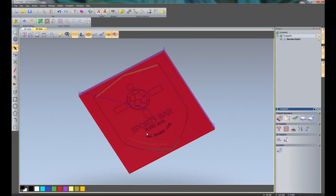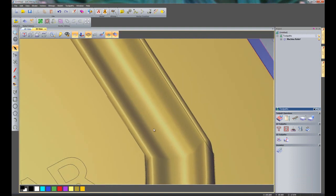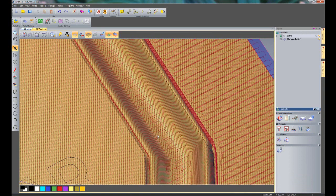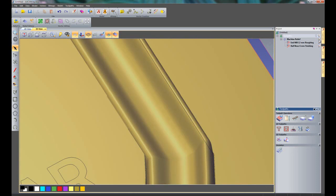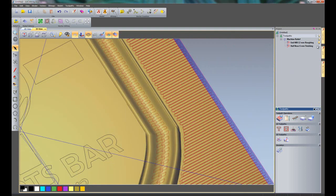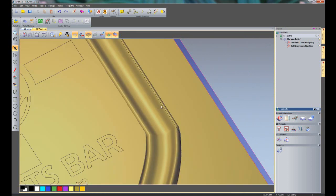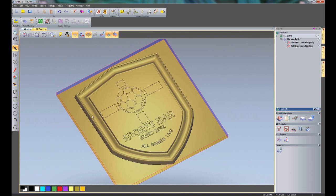Now let's say for instance I just wanted to just check within this area here that there was some roughing going on in there. I'll just open this up. If I turn off the light bulb here, it will not show the toolpaths. If I just turn on the roughing, it will just show me the roughing toolpath. So there I can see it's just getting in there, and that looks fine. If I wanted to turn on the finishing, I do that by turning on that light bulb. So I'm going to turn those off because they're going to be a hindrance for me in selecting the rest